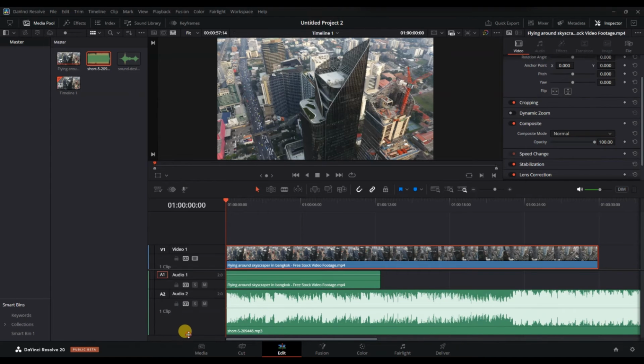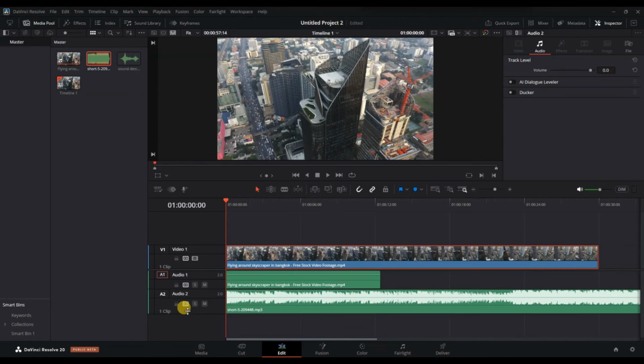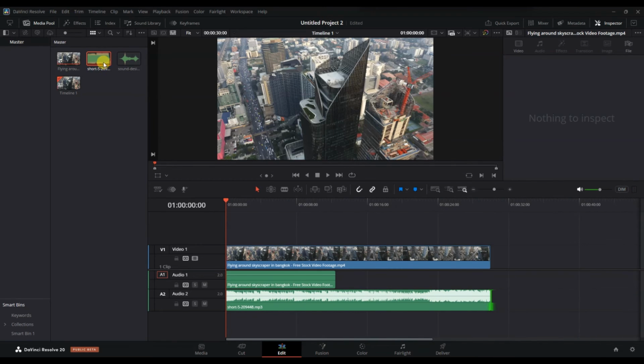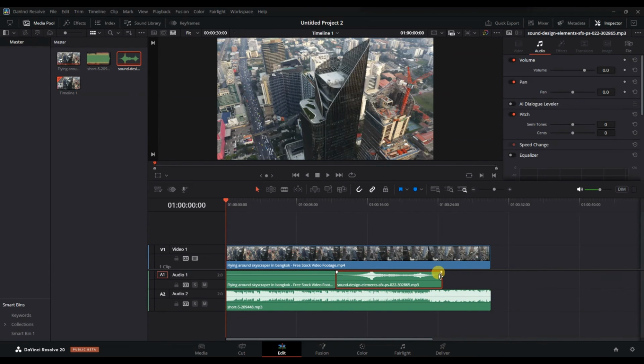that's your intention. You can adjust the length of the audio by dragging the edges or cut it using the blade tool if you only need a portion of it. For better control, zoom into the timeline using the slider at the bottom so you can align the audio precisely